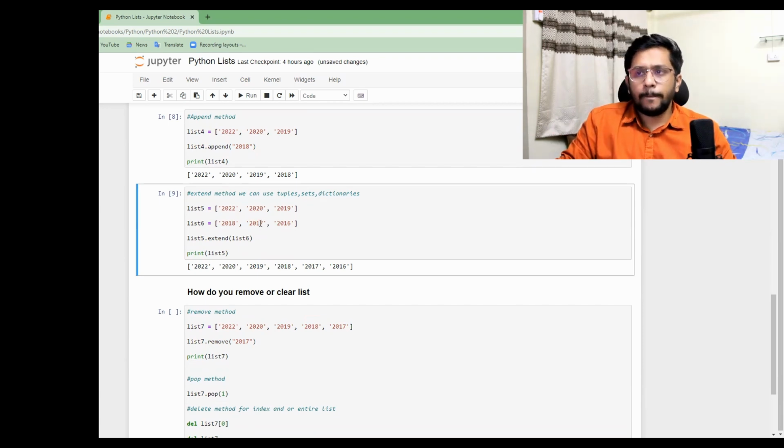And let's suppose that this is not a list, it's a tuple. What will happen? We'll just see. We'll remove this square bracket and replace it with parenthesis and hit enter. It still will be a list because the extend method can accept tuples, sets, and dictionaries as well. Let's just try this out.